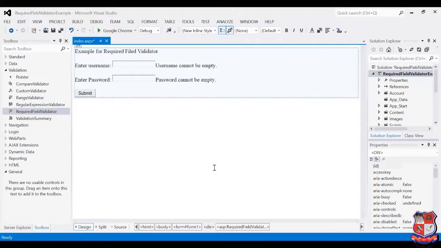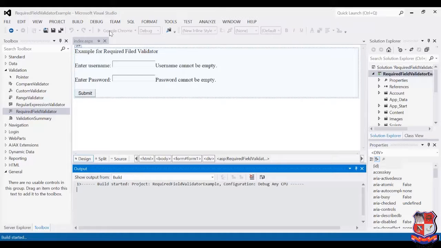That's it for the designing portion. We don't have to write any code in the backend; we just design and the validation will be done. Now we are going to run this application by clicking on the run button. It will take me to Google Chrome.